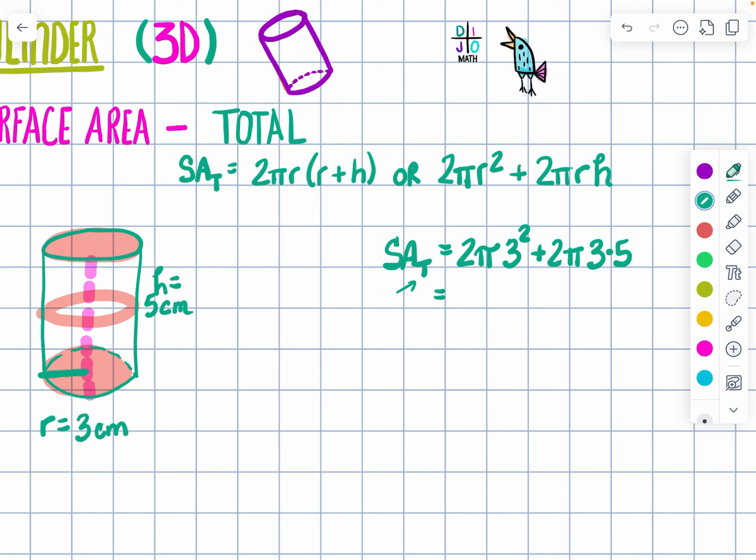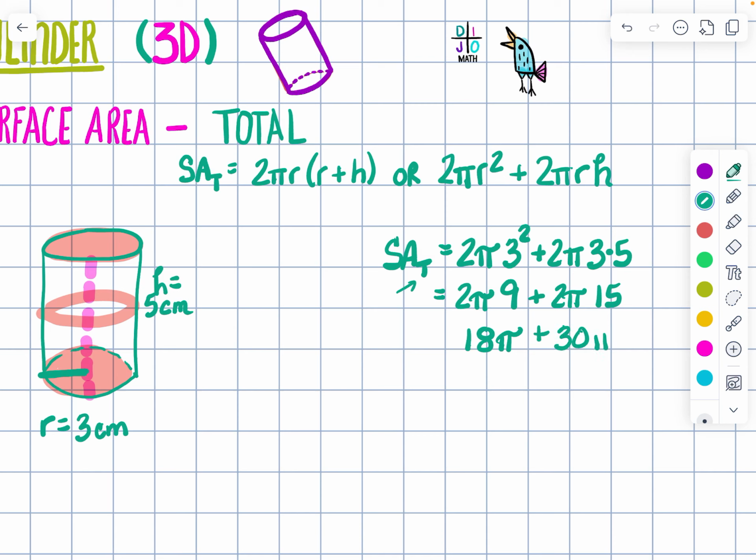I'm just going to do one step at a time here. 3 squared is 9, plus 2 pi, and 3 times 5 is 15. Now, 2 times 9 is equal to 18, and we'll just keep the pi there, plus 2 times 15 is